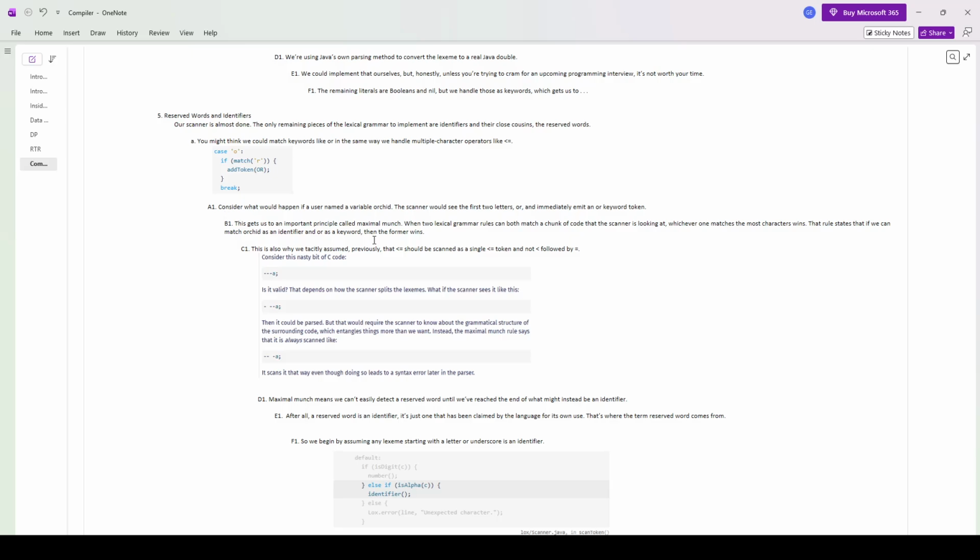You might think we could match keywords like "or" in the same way we handle multiple character operators like less than or equal. Like case 'o': if (match('r')) { addToken(OR); } break;